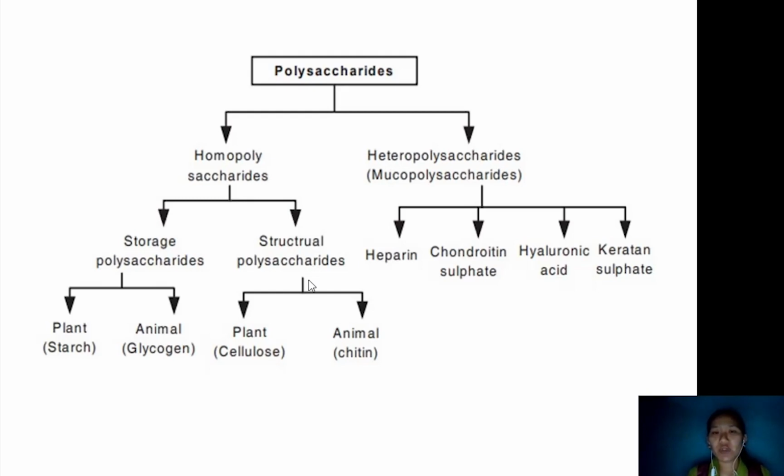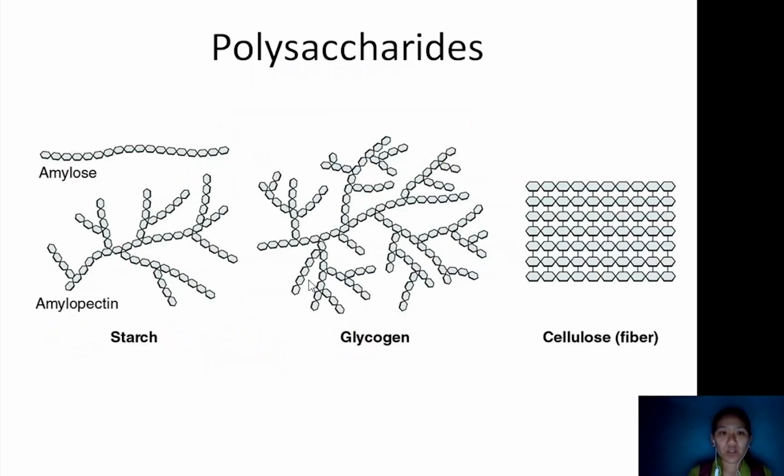Monosaccharides here. So the examples are heparin, chondroitin sulfate, hyaluronic acid, and keratan sulfate. So these are some examples of polysaccharides. Okay, starch, as you know, is the storage carbohydrate in plants. Glycogen is again